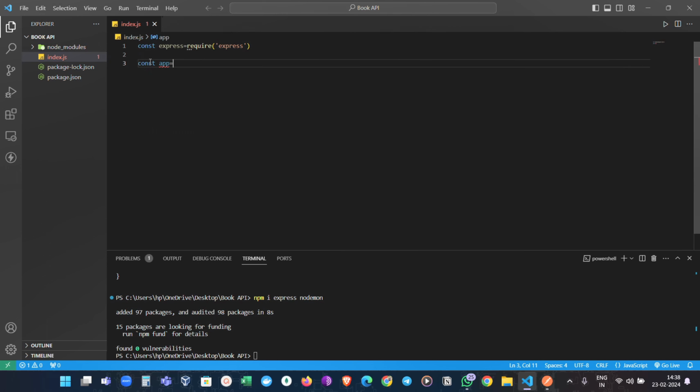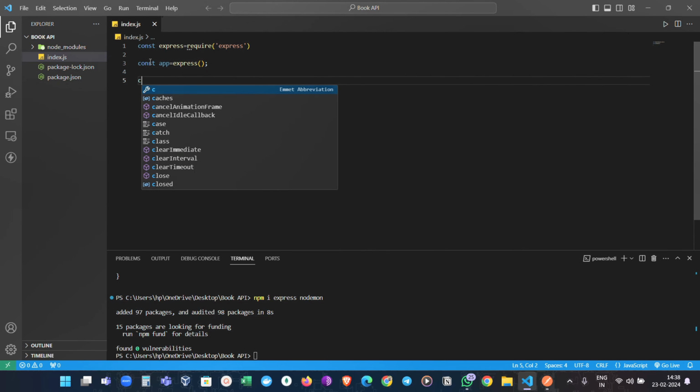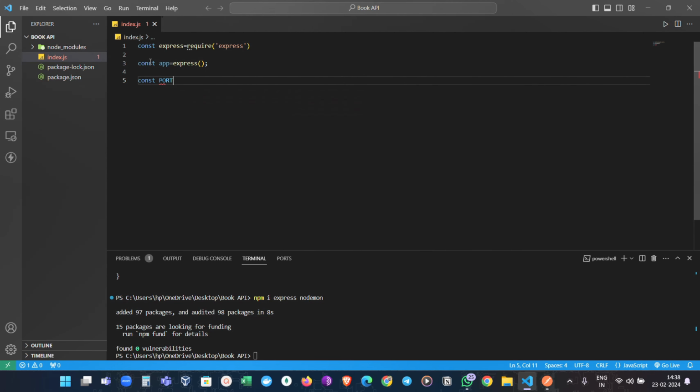Now to use Express, I will create app. Now I can also define the port number on which our server will be running. Now I am not going to use any database for this. So I am creating a dummy database. Okay, now simply create